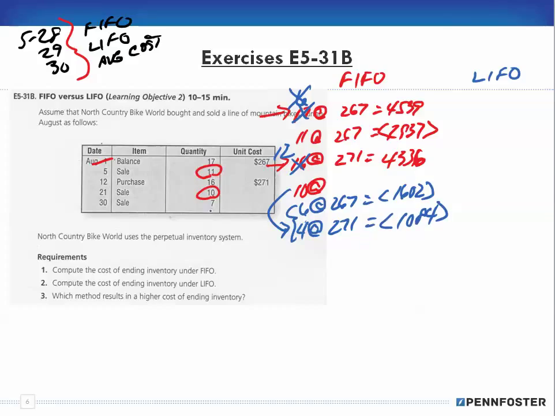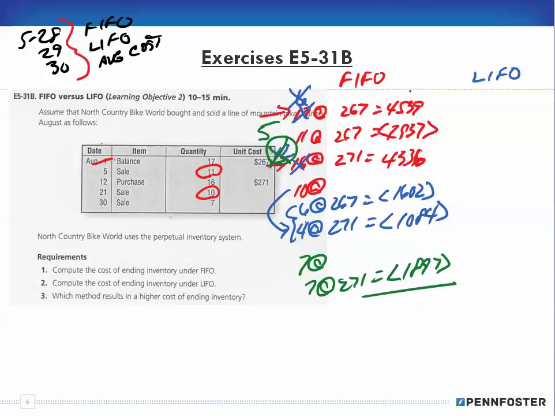Okay, and then I have another sale of 7 more. All right, so I'm selling, oops, let me do this in green. So I have 7. I'm selling 7 again. Where does the 7 come from? Well, all I have left in inventory are these 12. So I have to take 7 out of those 12 and I'd end up with 5 remaining, all right? So I have 7 at 271. 7 times 271 means I have to take out